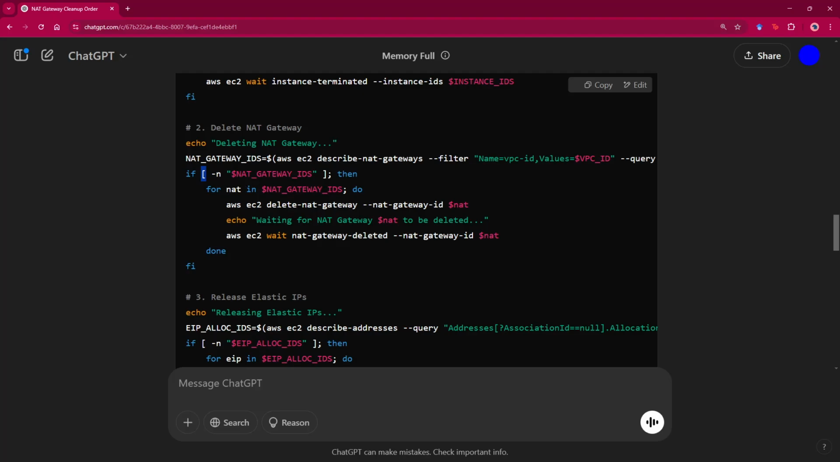If -n NAT gateway IDs; then we have a for in loop: for NAT in $NAT_GATEWAY_IDS, this variable up here. Sorry, up here, that's where we defined it. We gave it a value that was from the command describe gateways. So for NAT in NAT gateway IDs; do aws ec2 delete-nat-gateway --nat-gateway-id $NAT,